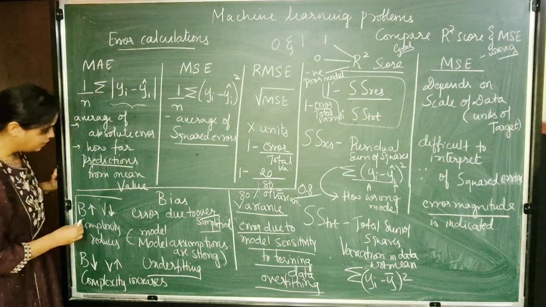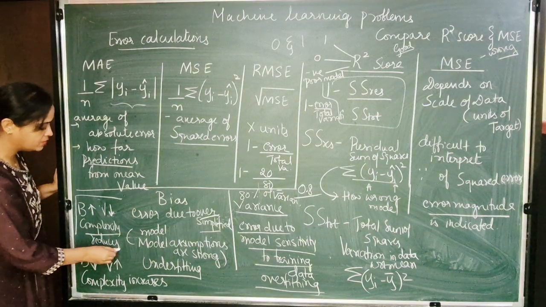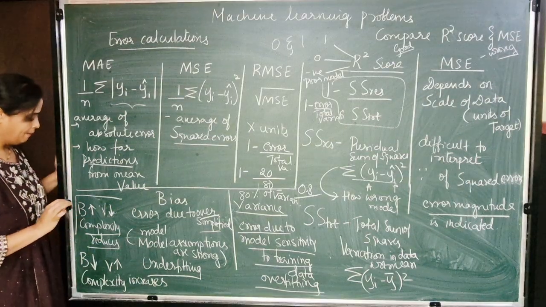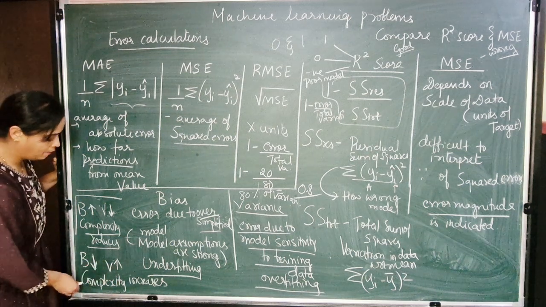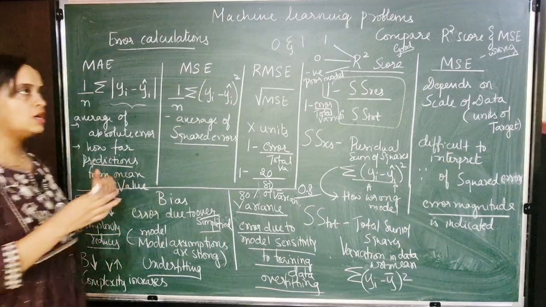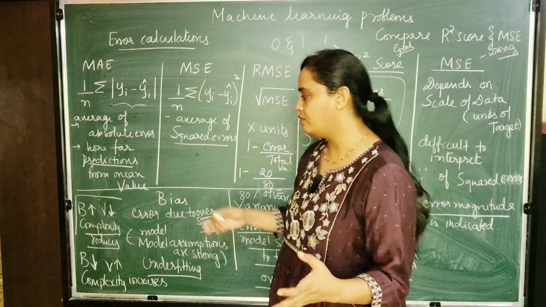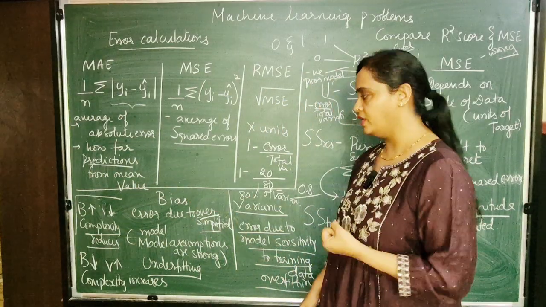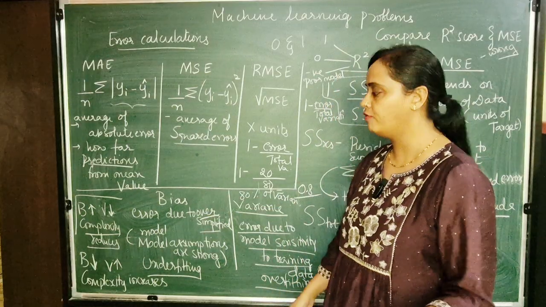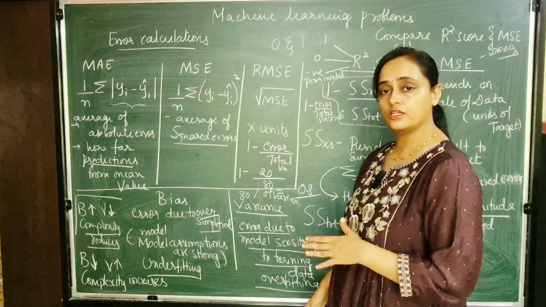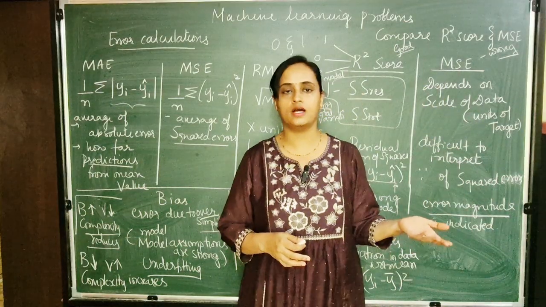You can observe here: if the bias is high and variance is low, then automatically the complexity of the model reduces. But if the bias is decreasing and variance is more, then the complexity of the model increases. So when we want the complexity of the model to be less, we need to go with high bias and low variance. When the complexity of the model is increasing, then bias has to be reduced and variance should increase. So these are some concepts we need before we start with the problems now.